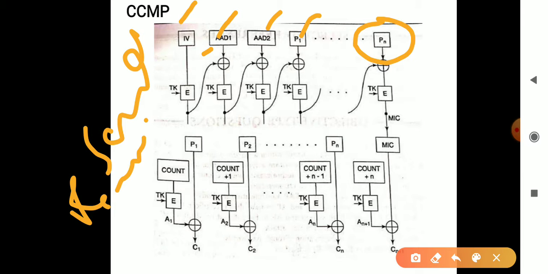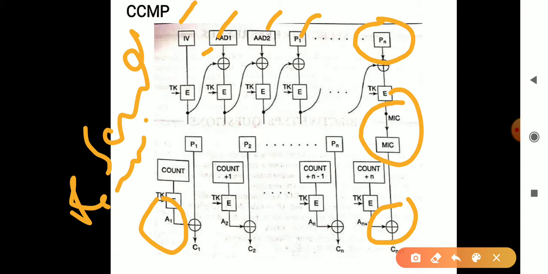Once it generates this code, an XOR operation is performed to generate the cipher text. So that is AI being fed. Now how is AI calculated? It is the encryption of the packet number along with the counter values I and J. Using this temporal key, we get the AI value for every frame, and with each packet we perform the XOR operation to get the cipher text. So this method is proved to be the best way to provide security for the messages.